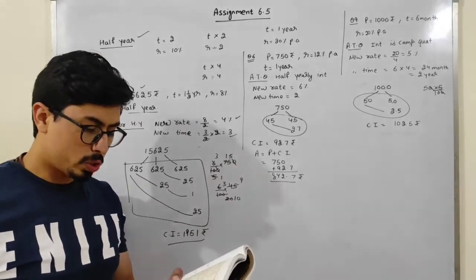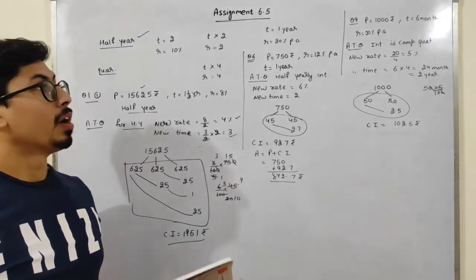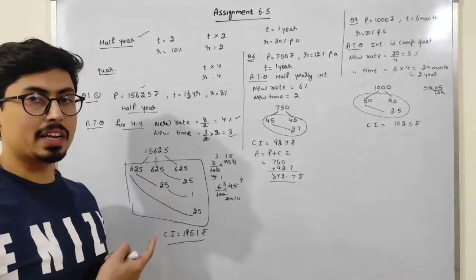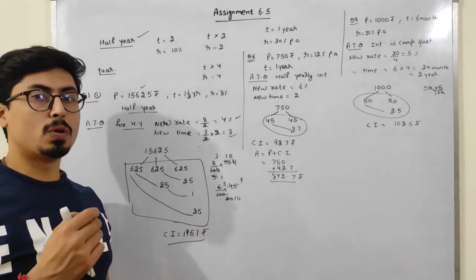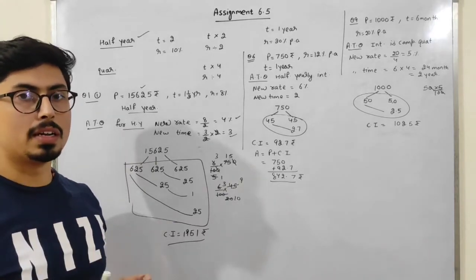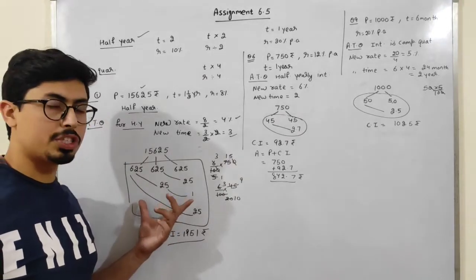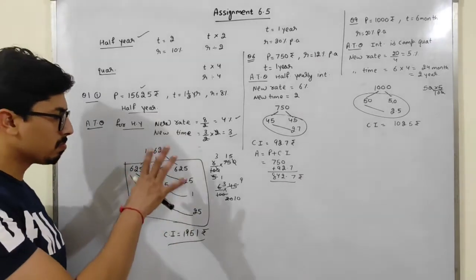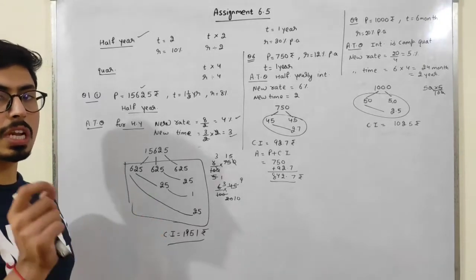Similarly, question number 10 is also same. Now, students, some of the questions are there when if we take the half yearly concept or the quarterly concept, the time goes above 3 years also. If time goes above 2 years or 3 years, students always make sure that you apply the formula, because if I just make a question with this type of procedure, it will create a compact situation for you. So it's better for you to just apply that formula.